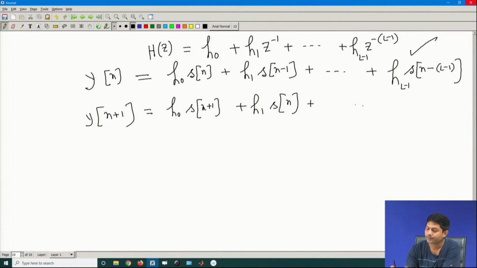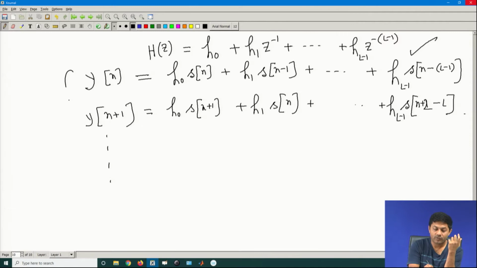Obviously, this will be n plus 1 minus L plus 1. So, probably this will be plus 2. I mean, you know how it can be fit into it. So, that is it. Similarly, I can have as many data as you want, right, straightforward. So, if I stack them together, what does it mean?